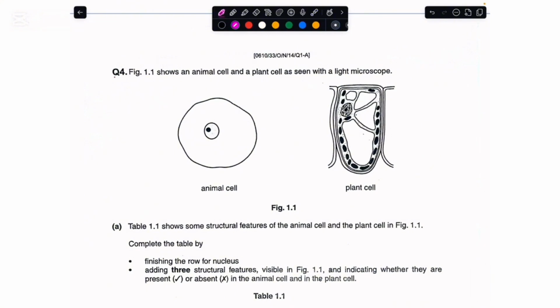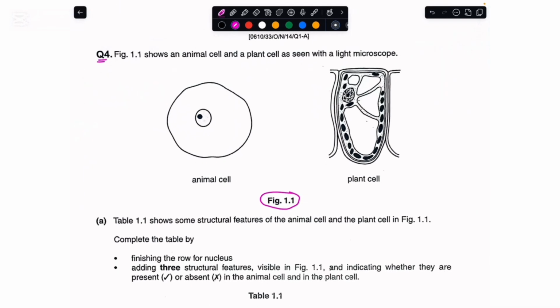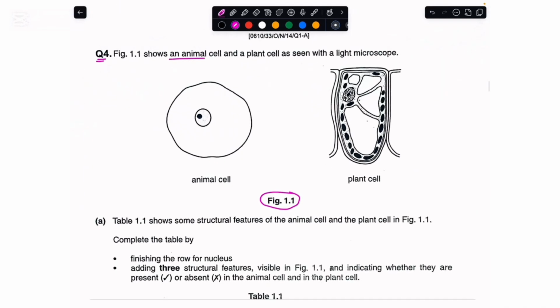And if we go on to question number 4, they are showing us this figure 1.1. This figure 1.1 shows you an animal cell and a plant cell. And you could say the image has been taken with the help of a light microscope. Now, why is this an animal cell? Because we do not have any cell wall in its structure. And if I talk about this other cell which they have given us, this is a plant cell owing to the fact that we see the cell walls, the large vacuole,